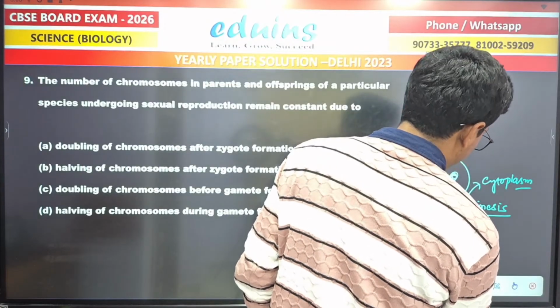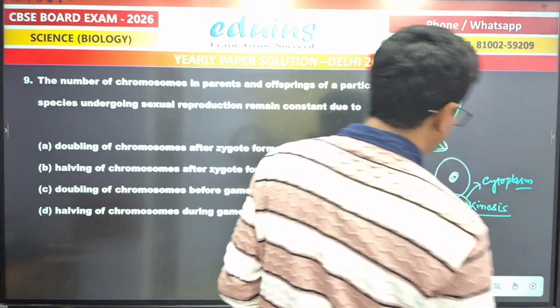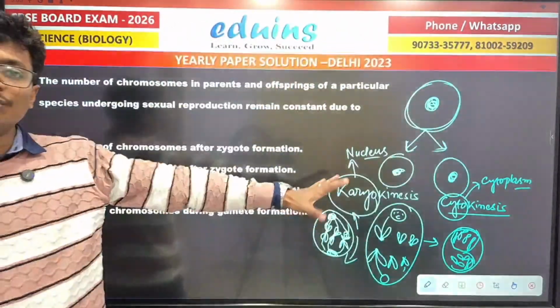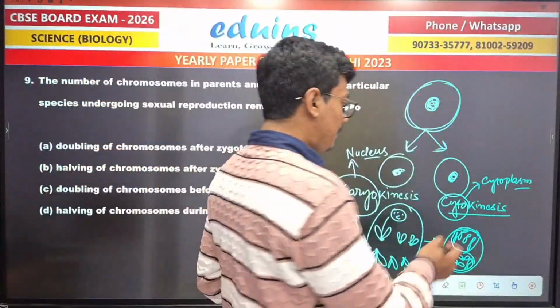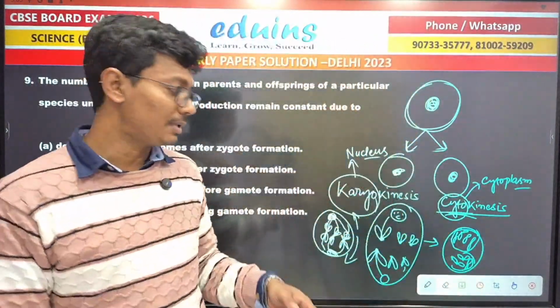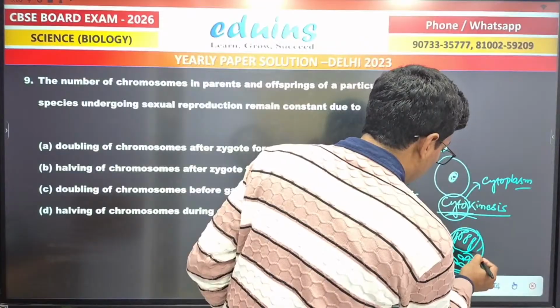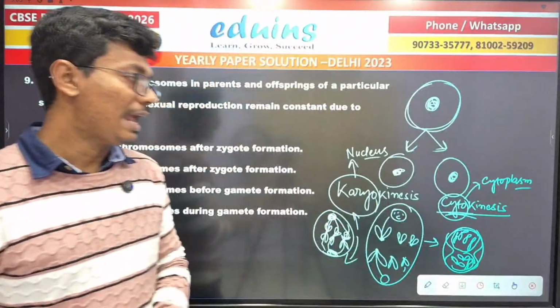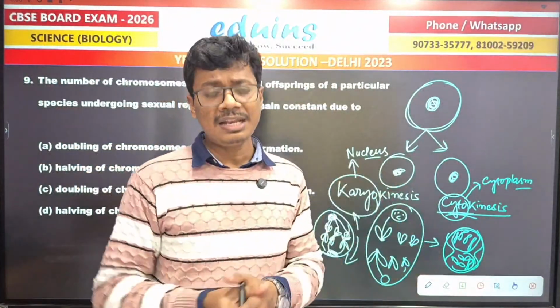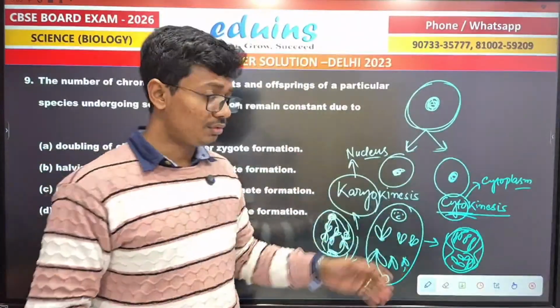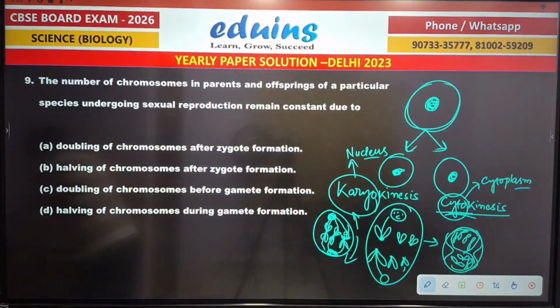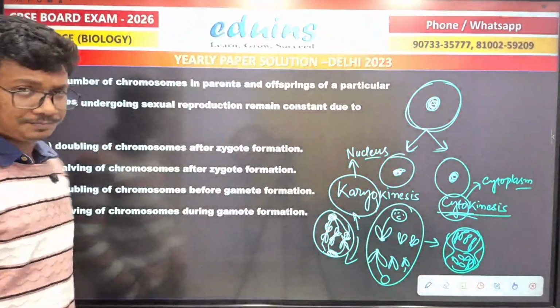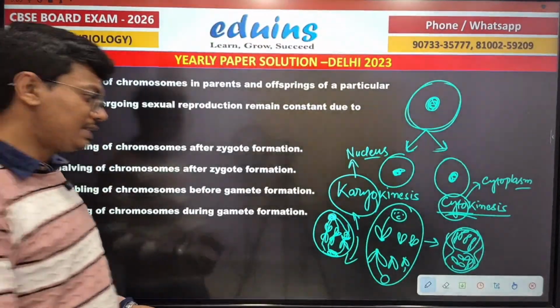Okay, nuclear membrane reappear होने के बाद जो कैरियोकाइनेसिस प्रोसेस होता है वो खत्म हो जाता है, और उसके बाद जो साइटोकाइनेसिस होता है वो क्या है, साइटोप्लाज्म का डिवीजन. वो साइटोप्लाज्म डिवीजन होता है in case of your animal cells through the cleavage or furrow formation, and in case of your plant cell वो होता है cell plate formation. Okay, so that's how the chromosome gets divided. Okay, so hope you understand.